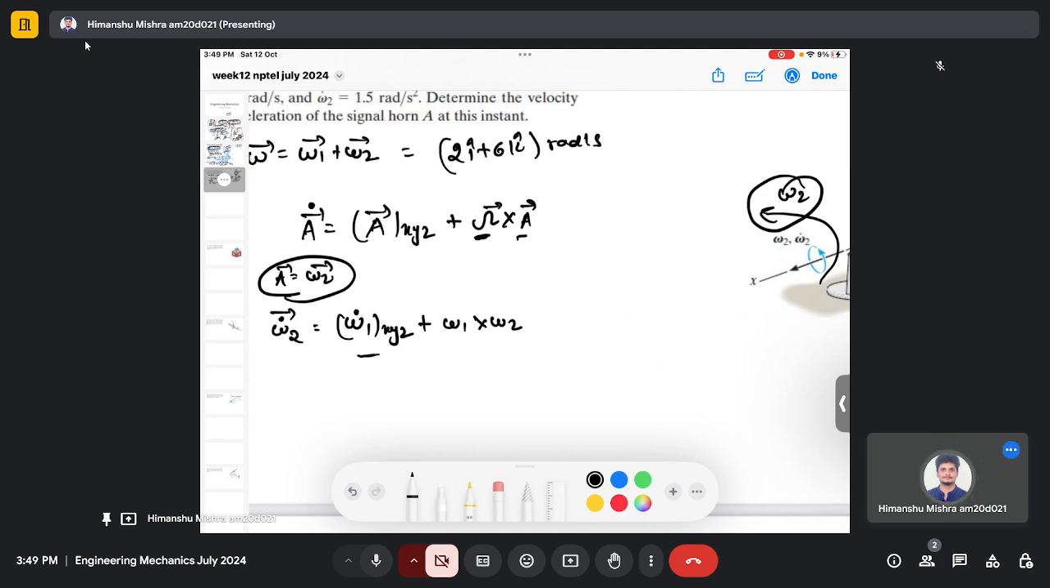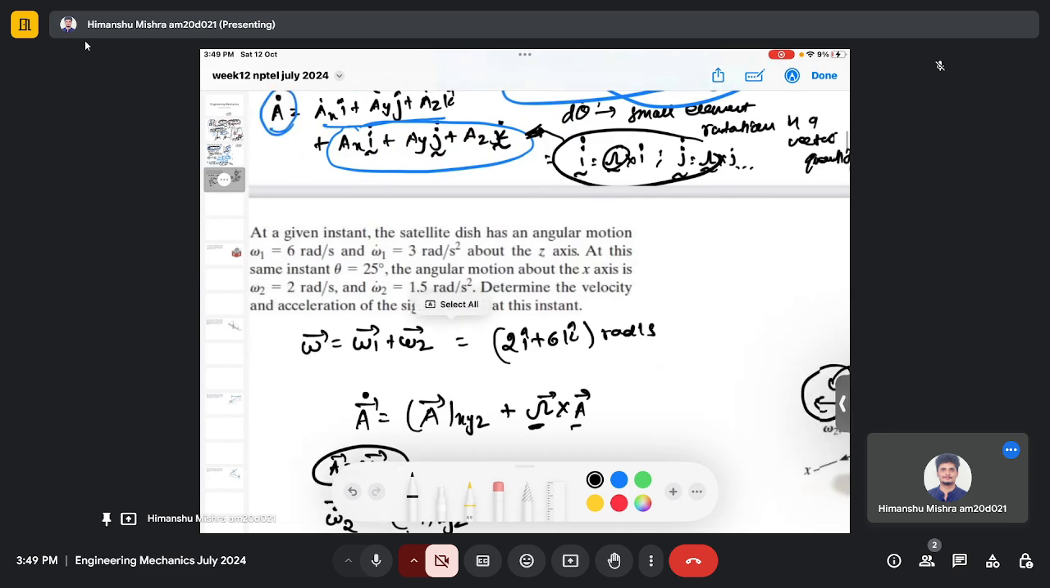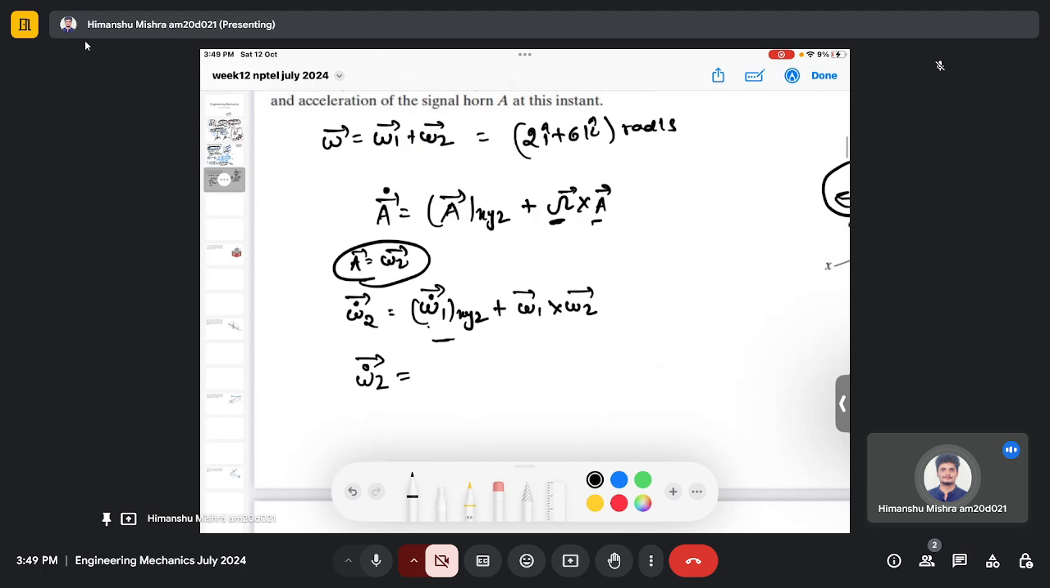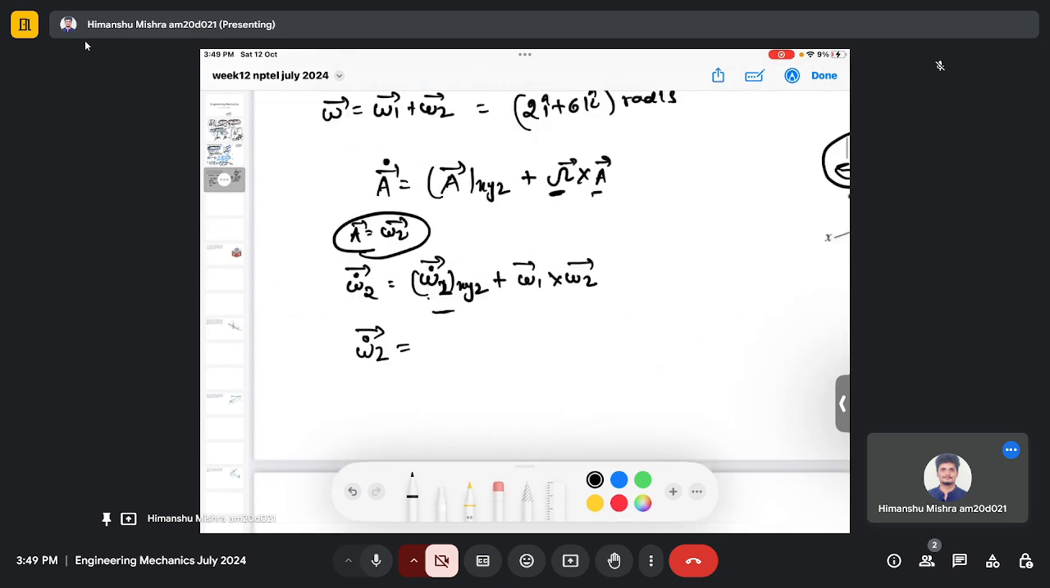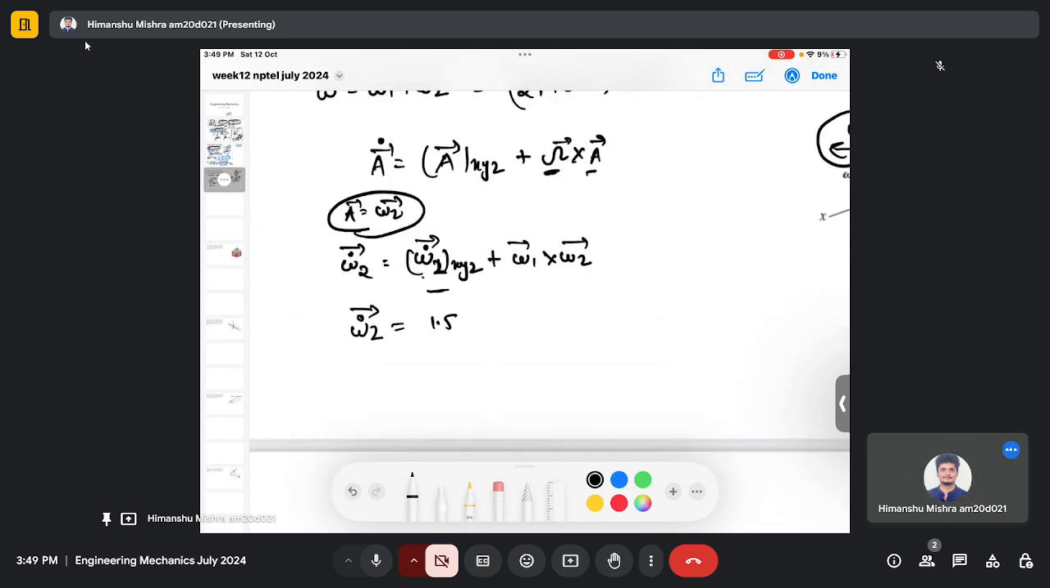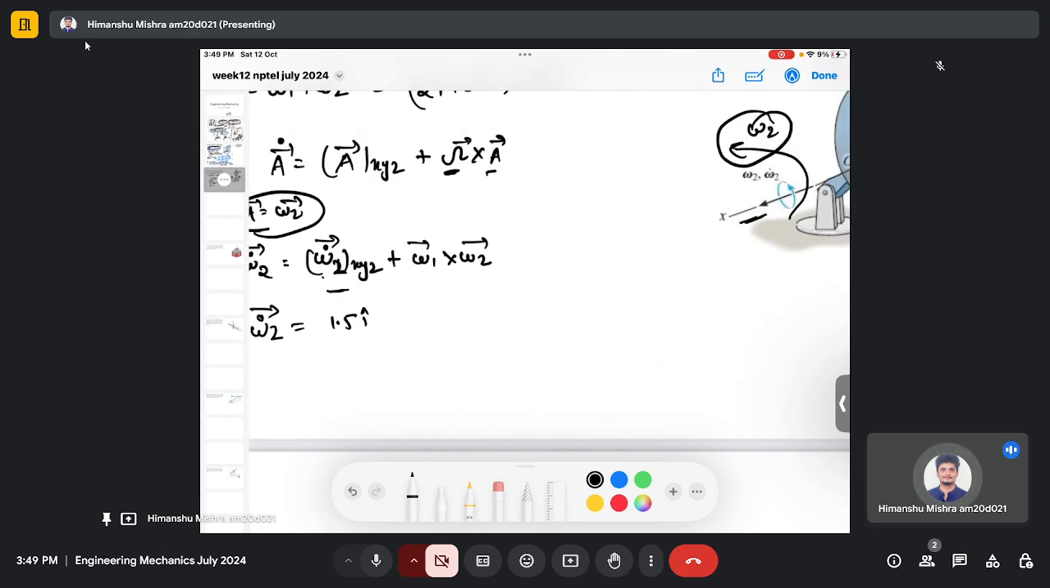So I can define omega 2, or these are vector quantities. So what is omega dot 1? Sorry, it's 2. So what is omega dot 2? It is 1.5, which is given in the equation. Omega dot 2 is 1.5 in the i direction, because it's along the x-axis,